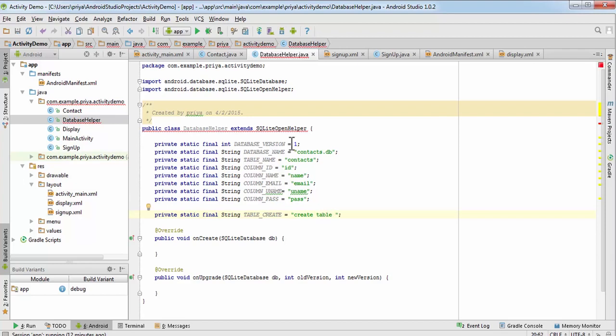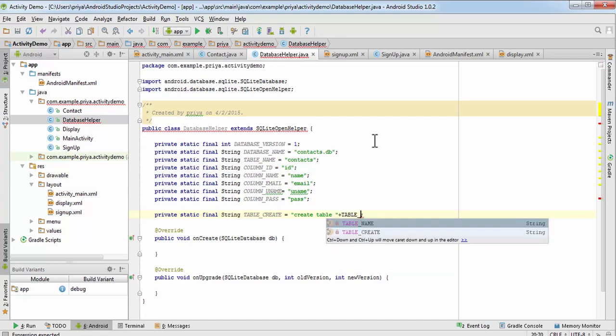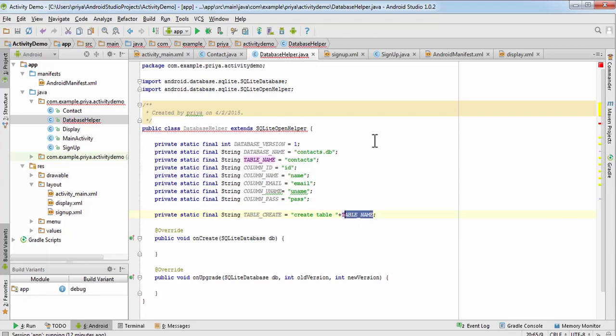So you'll need to write this name. You can write it like this, or you can use this variable table name. I'll make it simple for you. Just write it like this. Make sure it is equal to this one